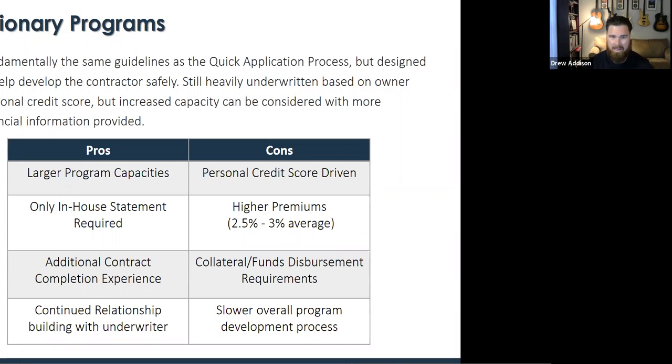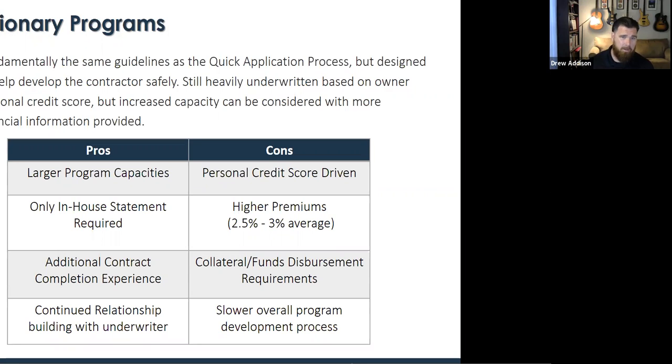So if you only have in-house financial statements, we probably won't be able to get standard premiums until we get you moved over into a CPA, getting a CPA statement, unless there's a decent enough amount of capital and you have the experience and everything else. We want to make sure we do a full underwriting there.